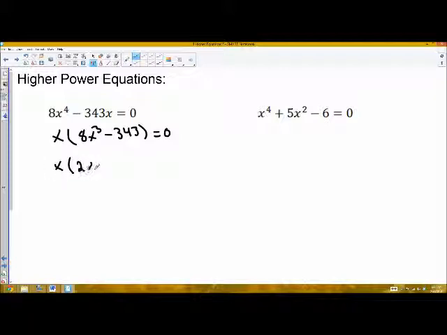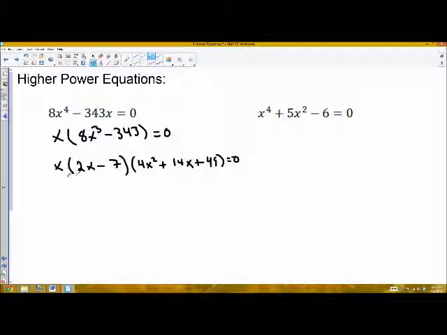So this will be 2x minus 7. The cube root of 343 is 7. First term squared is 4x squared. Product of the two terms is 14x, and the last term squared is 49. And then the signs are same, opposite, always positive. So SOAP is that acronym that you can use. This means that my